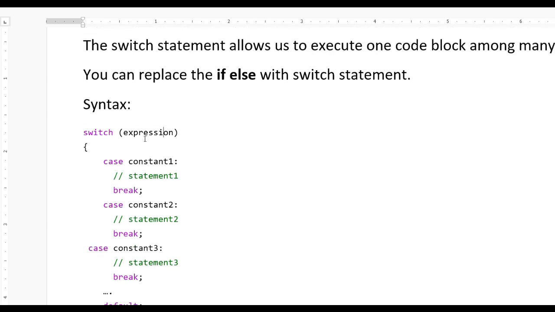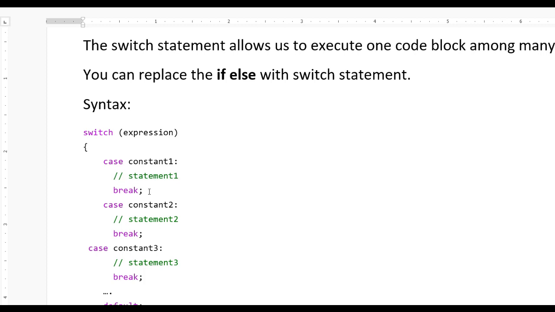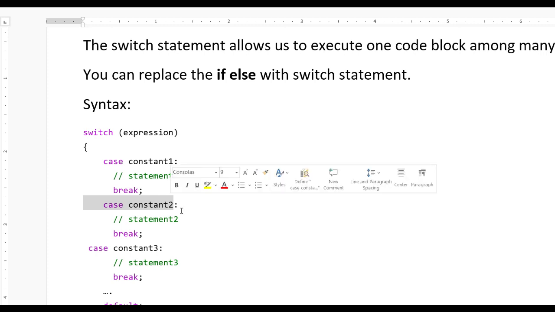Let us see. When we put any expression, then we go to constant 1, and if it matches, then statement 1 will be executed. Here we have put the break, so our program will go out to the end and give the result. In the same way, if constant 1 does not match the expression, then the pointer of control flow will go to